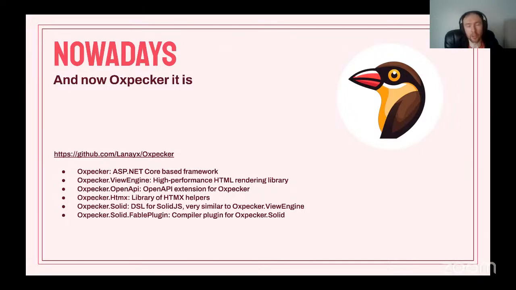And the main thing that I added was the second library, View Engine. It's my view on how HTML should look like in F#, and it was high performance from the beginning. And actually, Oxpecker depends on this library. Other libraries are an OpenAPI library that allows generating an OpenAPI spec from your Oxpecker API, and also an HTMX library that is a set of helpers for HTMX. This is a JavaScript library that was in hype last year. Not sure about the current year,